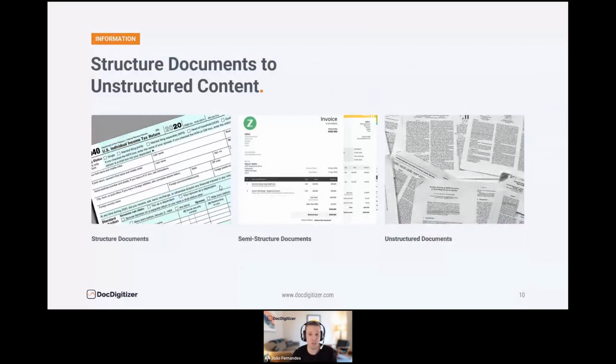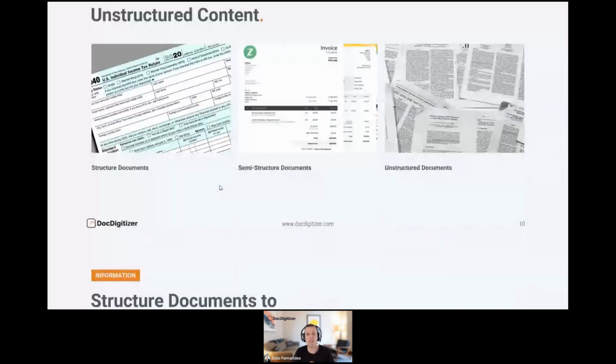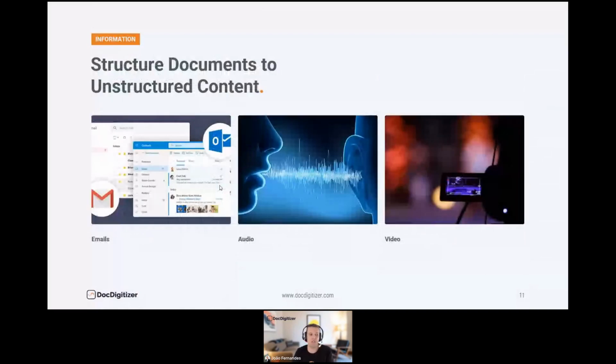In the future, we will be talking about emails, audios, and videos. As you can imagine, banks already have open communication channels through WhatsApp. So the amount of unstructured data that is required for the business is huge, and it is really increasing.